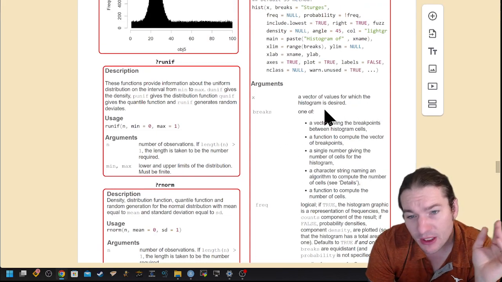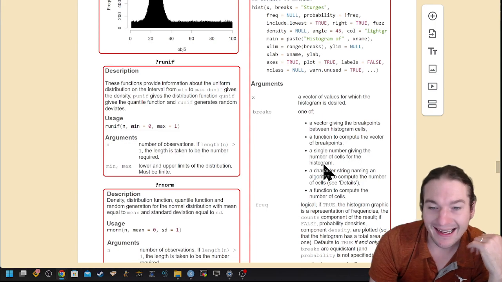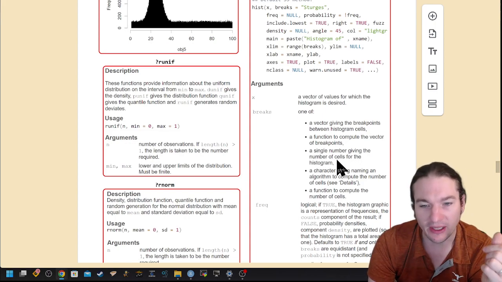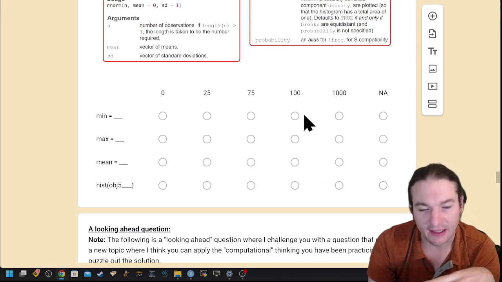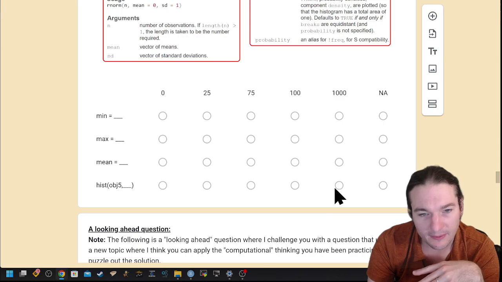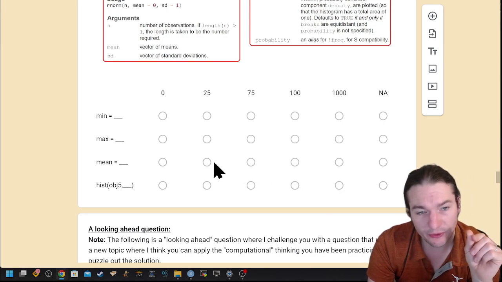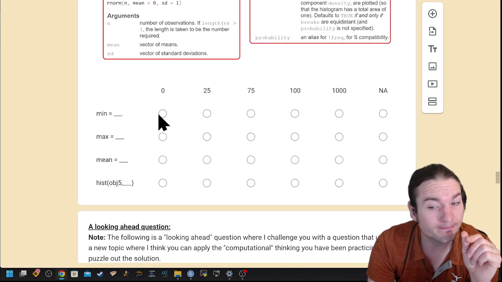So anyways, I must be using one of these types of breaks. In this case, I am providing a single number giving the number of cells for the histogram. And the only way you would have really known that is that I limited your options. So this was 1,000. The mean was 25, the maximum was 100, and the minimum was 0.